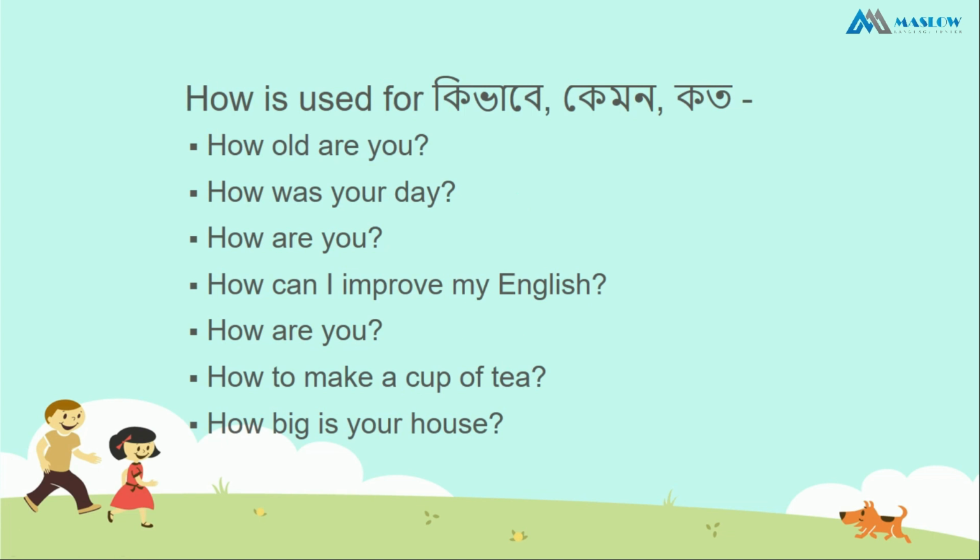এরপর হচ্ছে how is used for, খুবই সহজভাবে আমি এখানে লেখা ট্রাই করেছি, কিভাবে, কেমন এবং কত। এসবের জন্য আমরা যদি যা কোয়েশ্চেন করার জন্য যে ওয়ার্ডটা ইউজ করে থাকি সেটা হচ্ছে how. যেমন হচ্ছে how old are you, কত বয়স তোমার, how was your day, কেমন গেছে তোমার দিনটা, how are you, কেমন আছো তুমি, how can I improve my English, কিভাবে আমি আমার ইংলিশ ইমপ্রুভ করতে পারি, how to make a cup of tea, কিভাবে এক কাপ চা বানানো যায়, how big is your house, কত বড় তোমার বাসা।